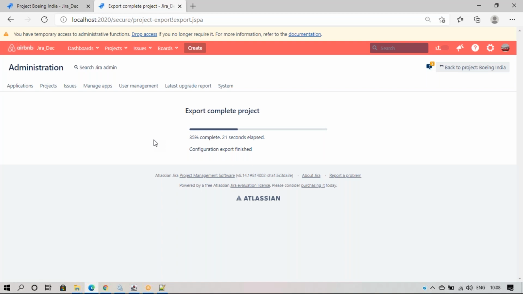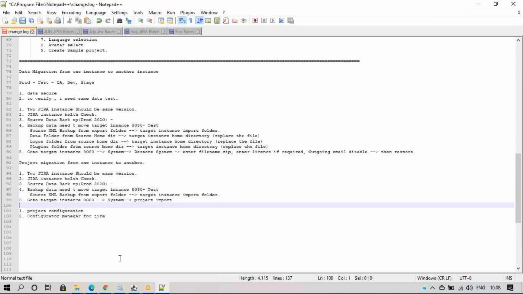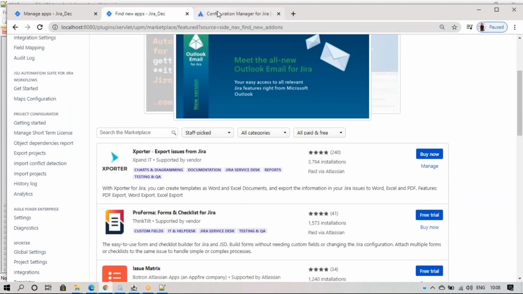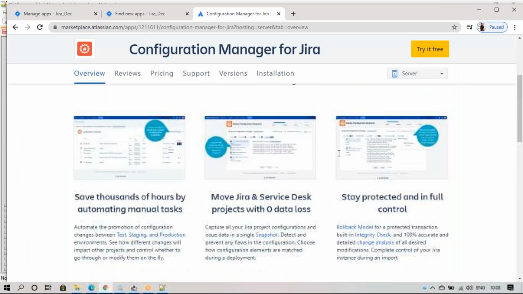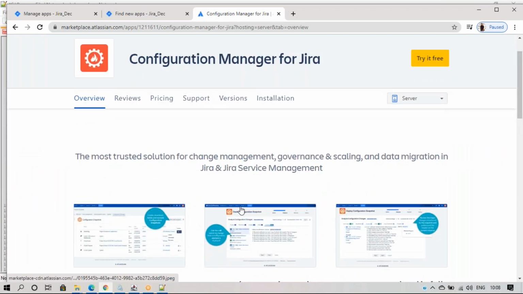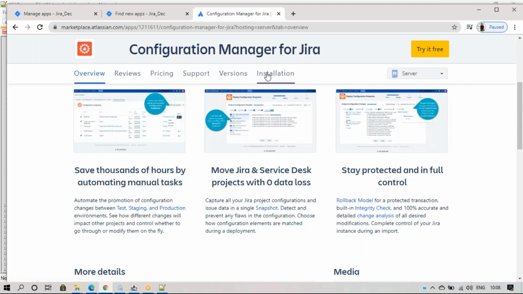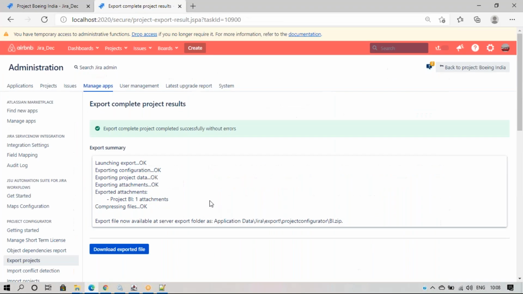And you guys try with other plugins too. If you see this video for Configuration Manager for Jira, you will get a good idea about that plugin. You have a video here, you can try that and work on it, and see how it is working. This is a little bit more famous compared to this one, but you can try this configurator. If you see these videos and documentation, you will understand it.